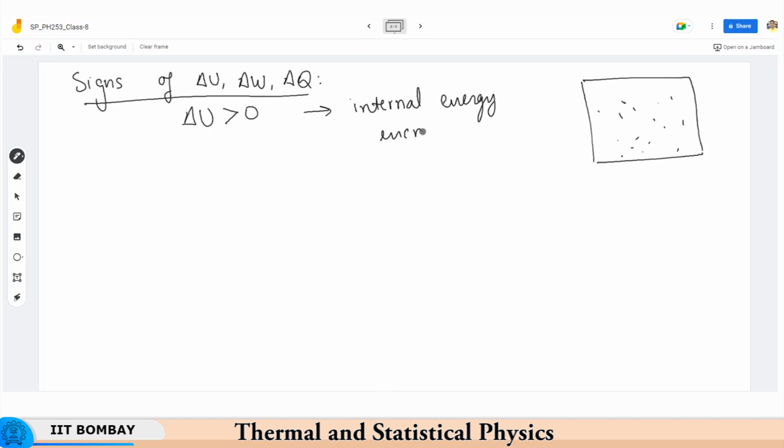Delta U is negative if the internal energy decreases. Very simple. But what is more important is that